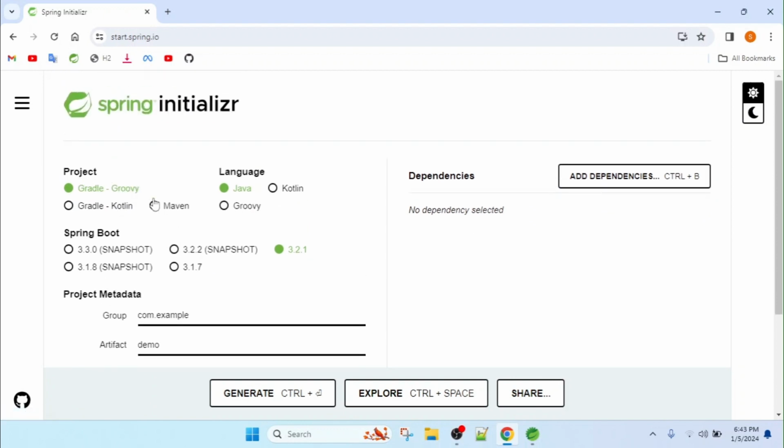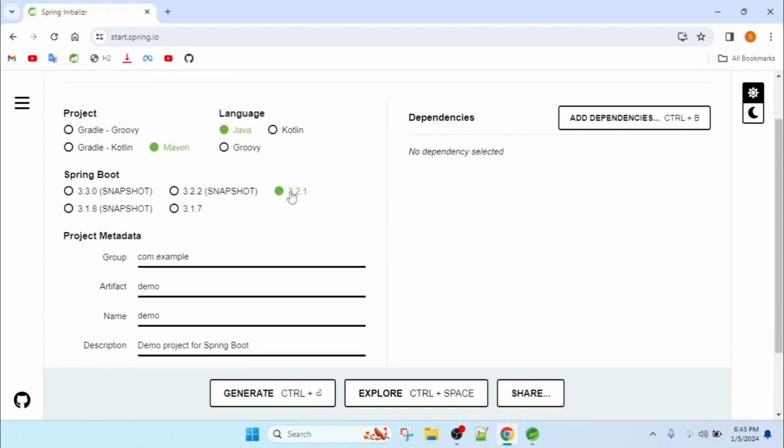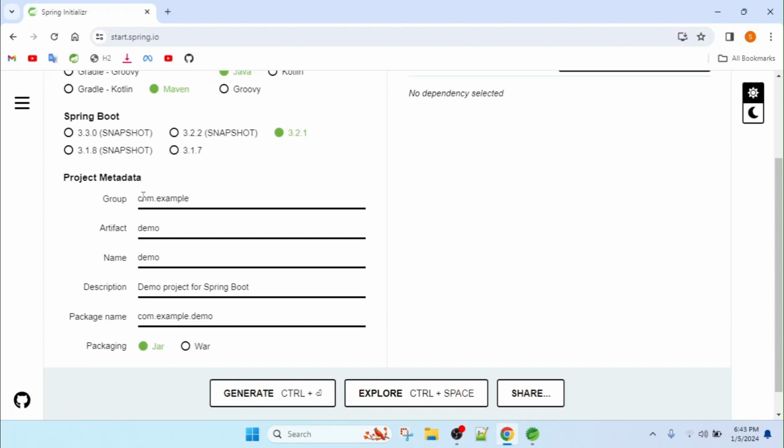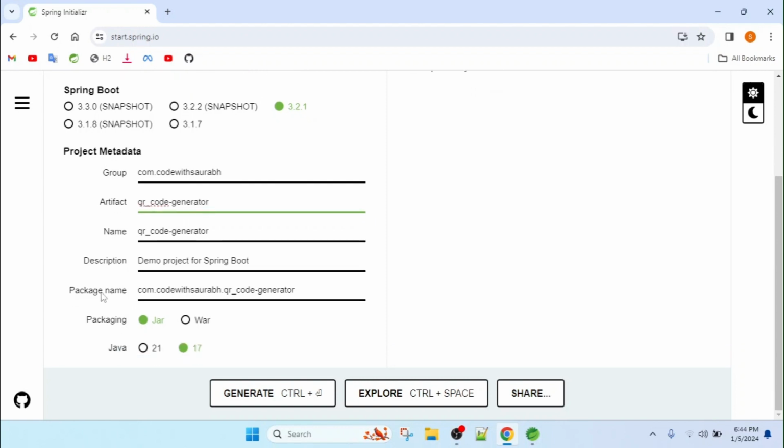In this project section, I will keep Maven, language Java, and Spring Boot as default. For group, I will keep com.codewithsaurabh, and artifact I will keep as qrcodegenerator, and I will keep the package name as default and packaging as jar as default, and